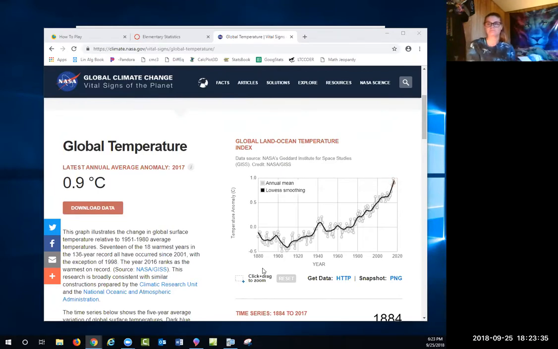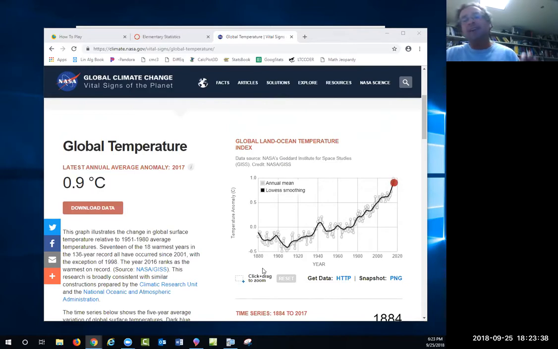No. So the way you do it, first thing, and this is really what statistics is all about, is you have an idea, and your idea is we have global warming. Does that make sense? And then you collect data, and then you see if that data demonstrates that had your idea been wrong, it would be very unlikely for what you see in your data to happen. Have I lost you on that, or do you see how that works?